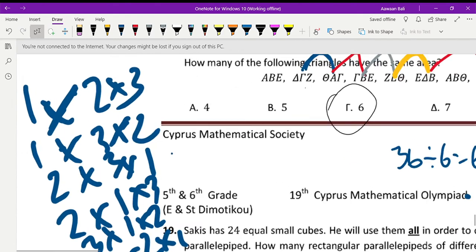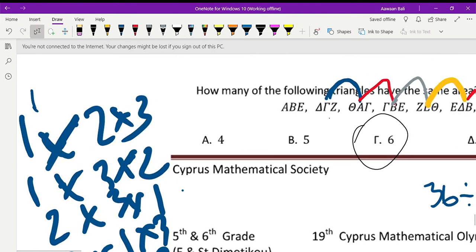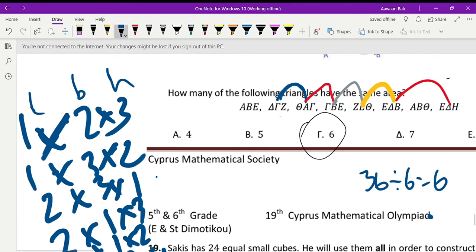Here, this is the length, breadth, and height. We can just say that randomly. So the length is 1, breadth is 2, and height is 3. Here the length is 1 again, but the breadth is 3 and the height is 2. It can be mixed up in any way you want, but we have 1, 2, 3, 4, 5, 6